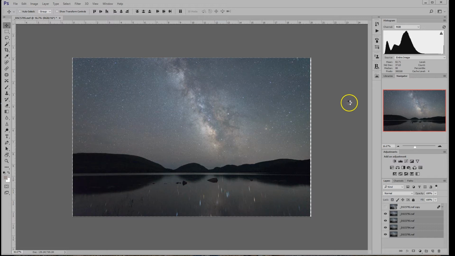Again, it's working with some bigger files, especially if you're using one of the higher megapixel cameras. This can take a few minutes. So now the smart object is created for our foreground. We're going to do the same thing. We're going to go to